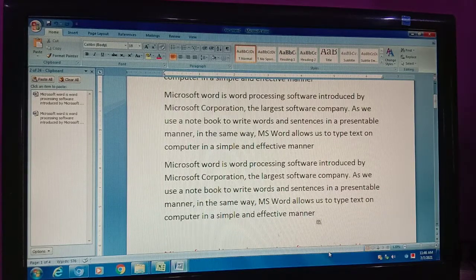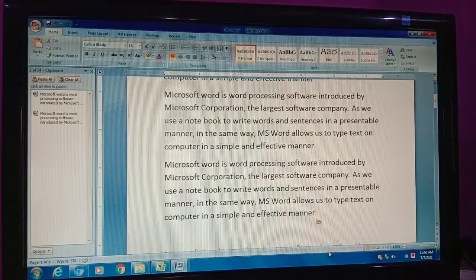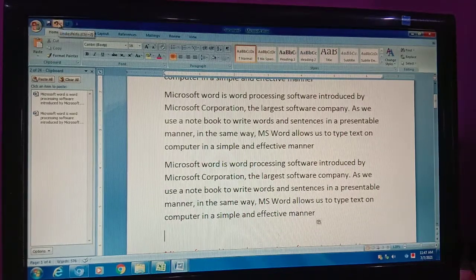Okay, student. So now I want to tell you about undo and redo commands. These undo and redo commands are present here also in the quick access toolbar. This is the quick access toolbar which holds one save option, one undo option, and one redo option.